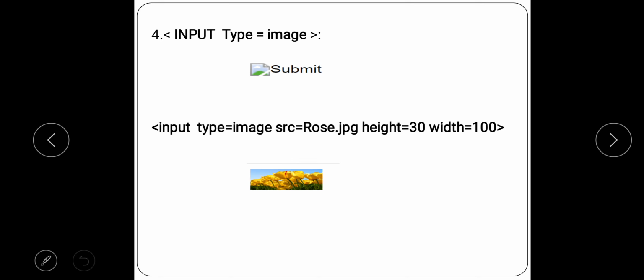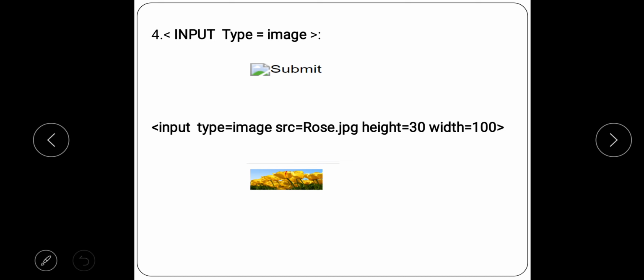Next is what? Input type equal to image. Now this control is used when you have to create a submit button with an image. Earlier we have seen a submit button is a simple submit button which you have to click, but if you use input type equal to image, you will get an image, and when clicked it will do the work of a submit button, right?